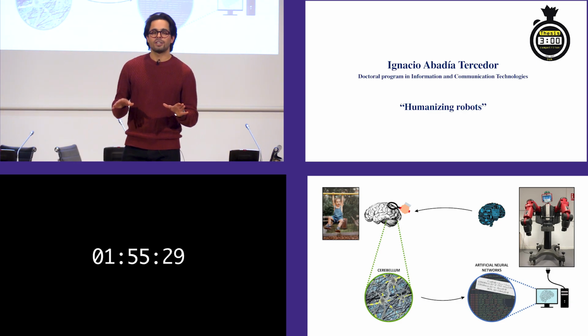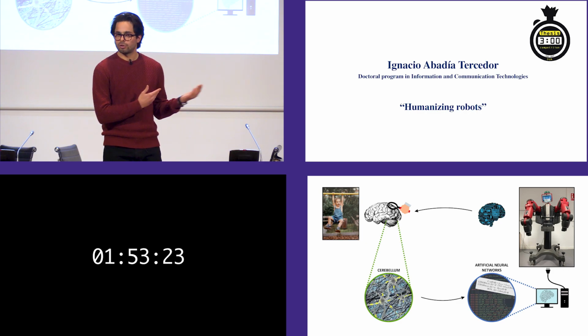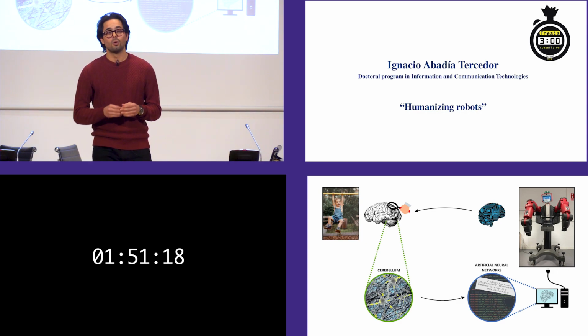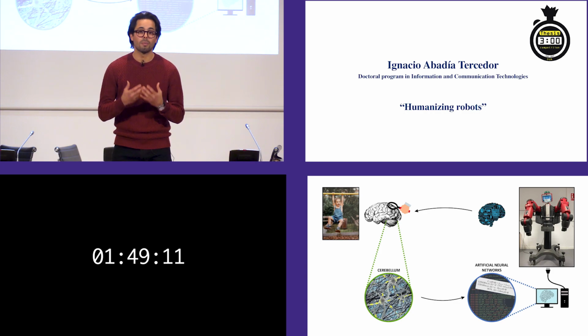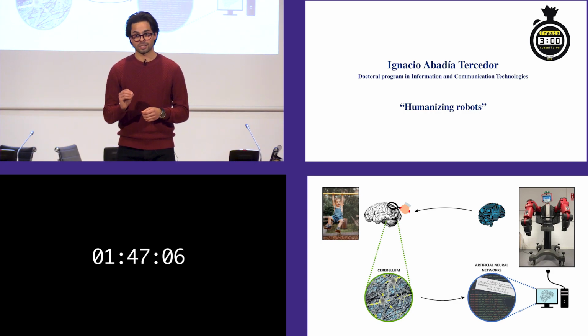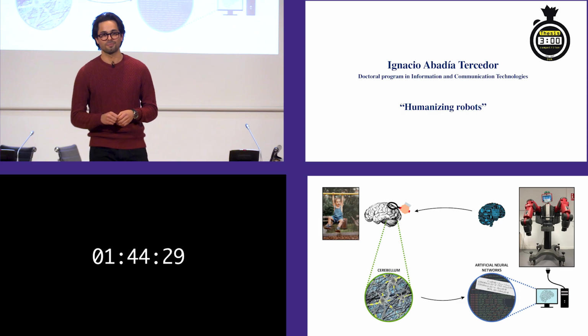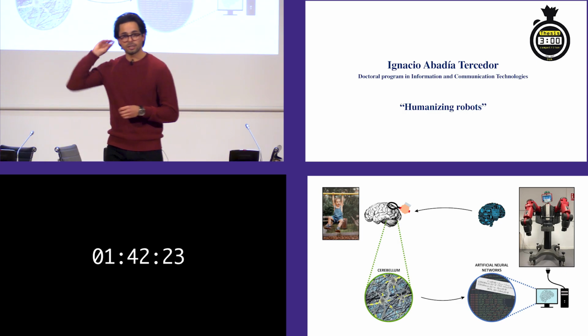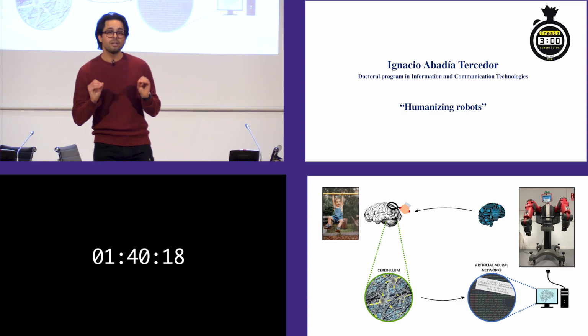Why don't we make an artificial copy of our brain and use it for robot control? Well, we just don't know enough about the brain yet to make such an artificial copy. But the cerebellum, now, that's a different story. It is a nervous region located at the back of our head, and it plays a key role in motor